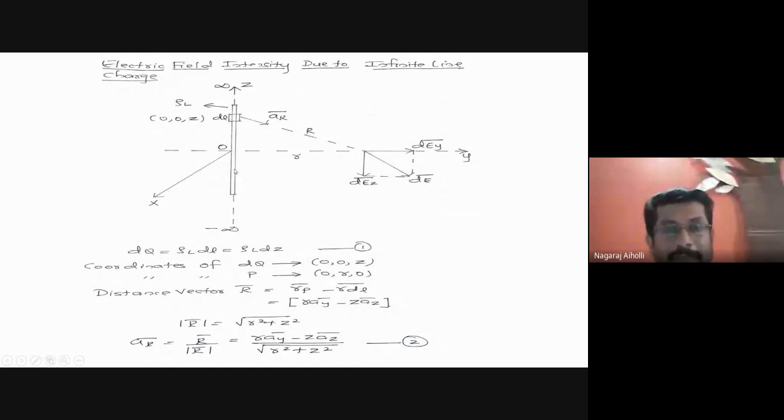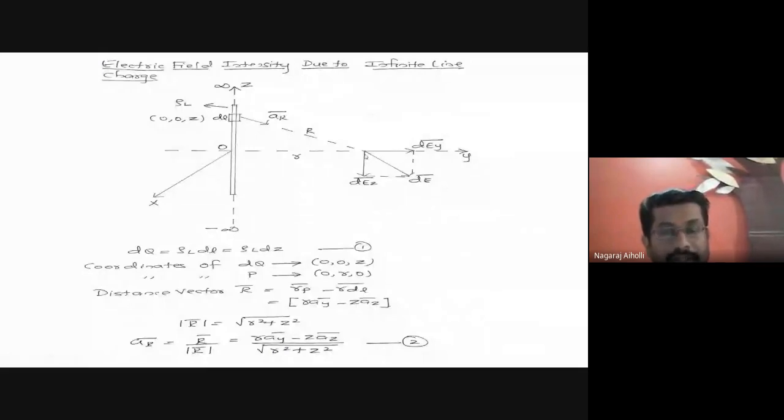Hence what will happen here, students? If I consider the electric field intensity due to this charge, say here I am considering plus dq or plus q, and we are finding the electric field intensity. Then the same charge I consider on the minus z axis, minus q, having the same magnitude. And if I find the electric field intensity, the z component of the electric field intensity at the point P will be nullified, it will be 0. Yes or no, students?